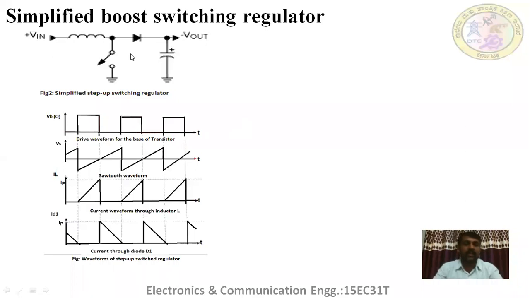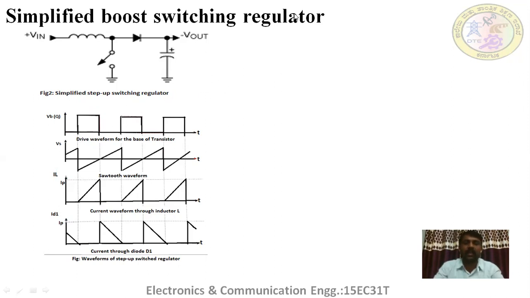This is the simplified step up or boost switching regulator, and compare the circuits of the simplified boost switching regulator with the buck or basic switching regulators. There is a difference only in the places of the inductor used and the direction of the freewheeling diode, and these are the different waveforms at different stages. Okay, those are some current and voltage waveforms at different stages, right? And this is the control input.